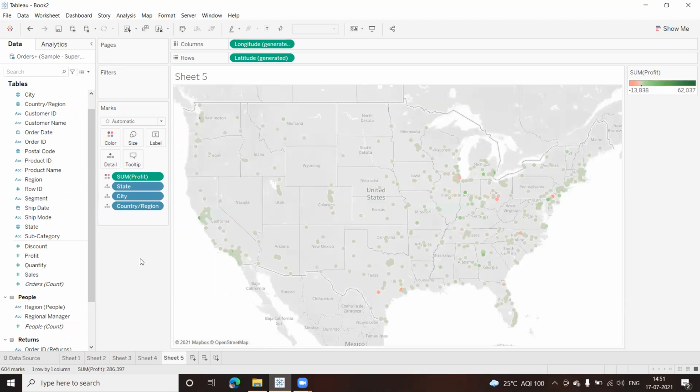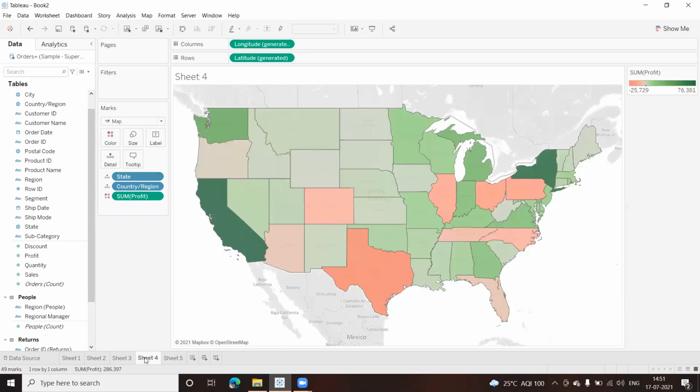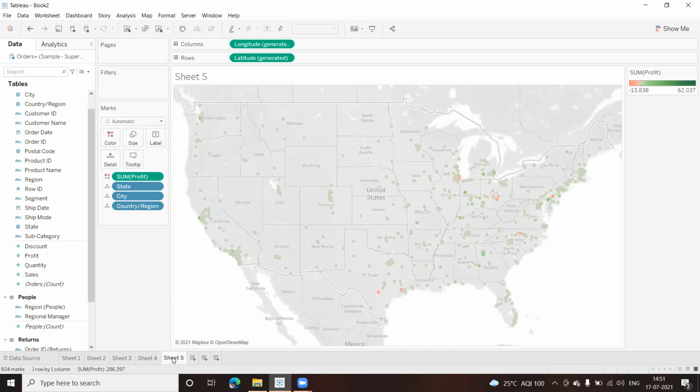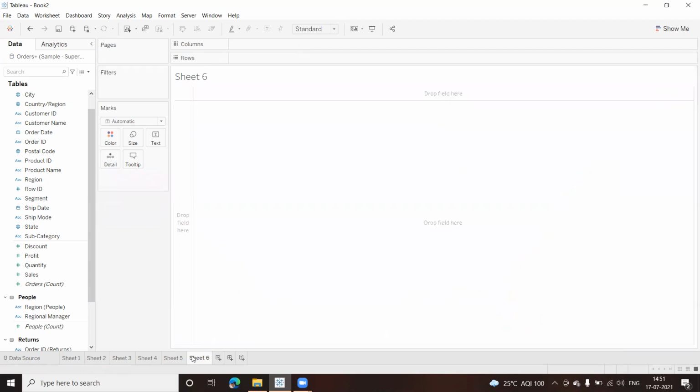Okay. Now, to create a dashboard, let us first of all decide what I want to do. So what I'll do is I'll keep these two sheets here. Let us do some naming also. So I'll create some charts for you. Look at this. Let me add one chart. So I'll use subcategory. I want to find out which are the items which are giving me less profit and what is the reason, all that stuff. So let us try first of all.